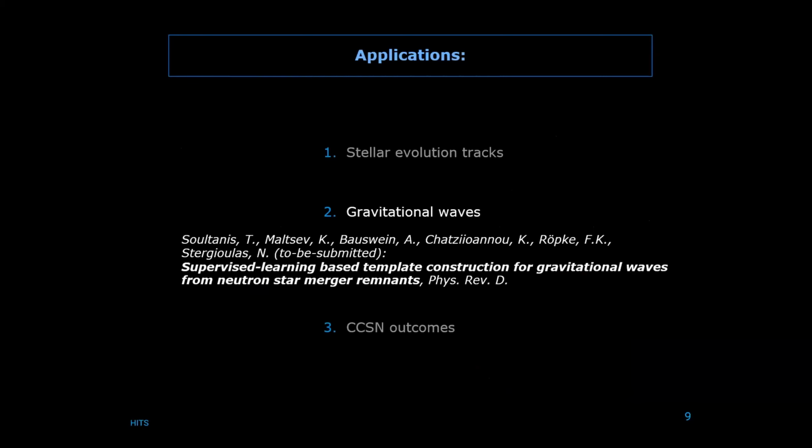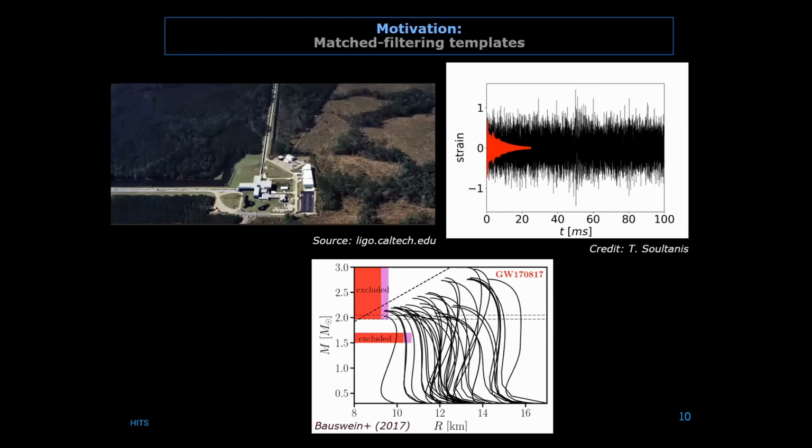So the second project, the title is Supervised Learning-Based Template Construction for Gravitational Waves from Neutron Star Merger Remnants. And it's a soon-to-be-submitted paper where I'm second author. The goal of this was to construct a matched filtering template for gravitational waves from the post-merger phase of neutron star binaries. That could be used in a real-case detection scenario where one has